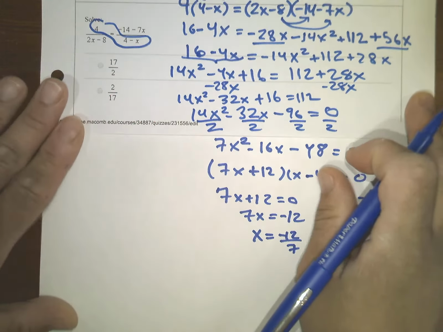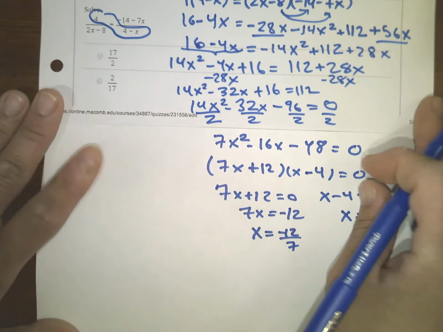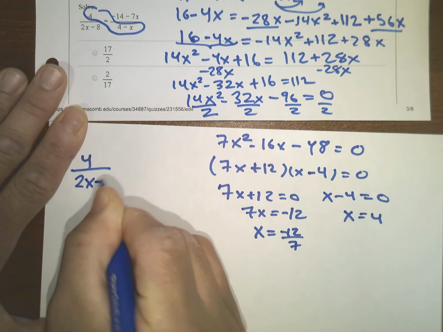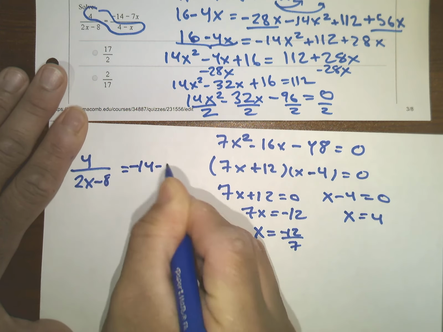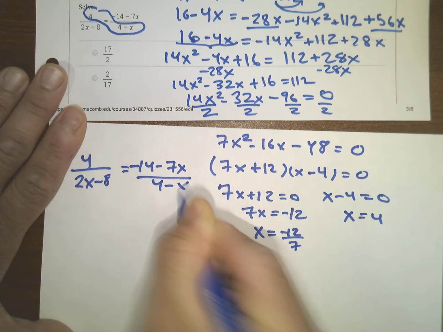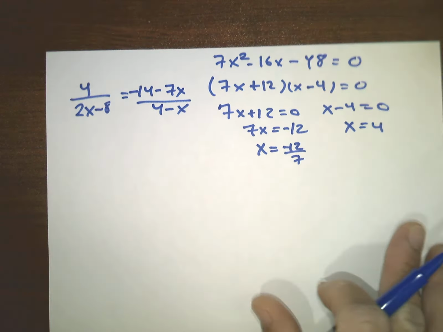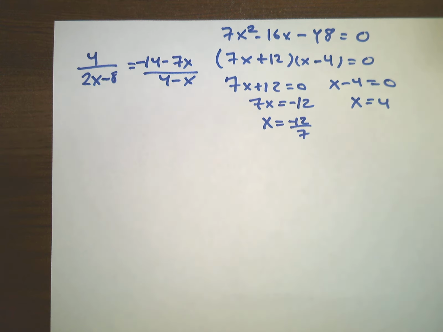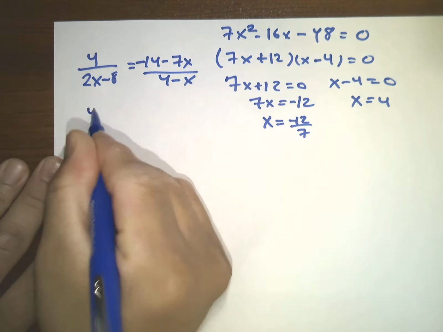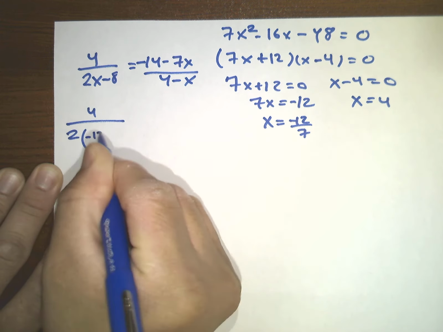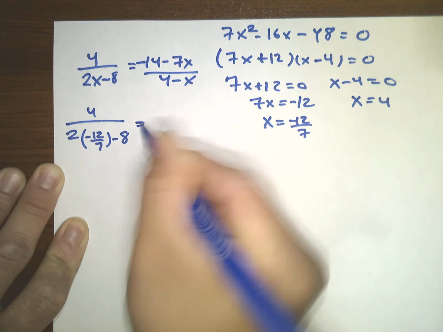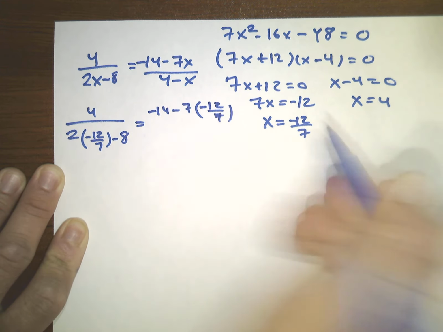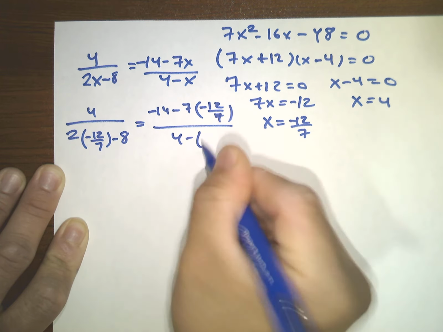But when you're dealing with these rational equations, you should always check your answer. So if I have 4 over 2x minus 8 is equal to negative 14 minus 7x over 4 minus x, and I try to check my answer here. If I substitute in the negative 12 over 7, I have 4 over 2 times negative 12 over 7 minus 8. Does that equal negative 14 minus 7 times negative 12 over 7 over 4 minus negative 12